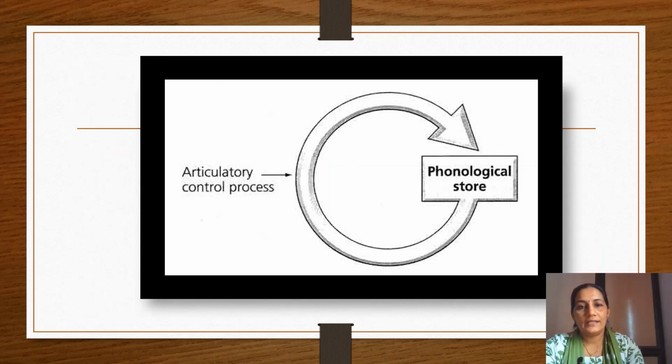This is the picture of the processing of the phonological loop. The phonological loop has two subcomponents: the phonological store and the articulatory control process. The phonological store stores information like speech or spoken words, and the articulatory control process circulates it, and also converts written material into spoken words. So the phonological store can store written material also, just because of the articulatory control process. It's just like a tape loop, it circulates